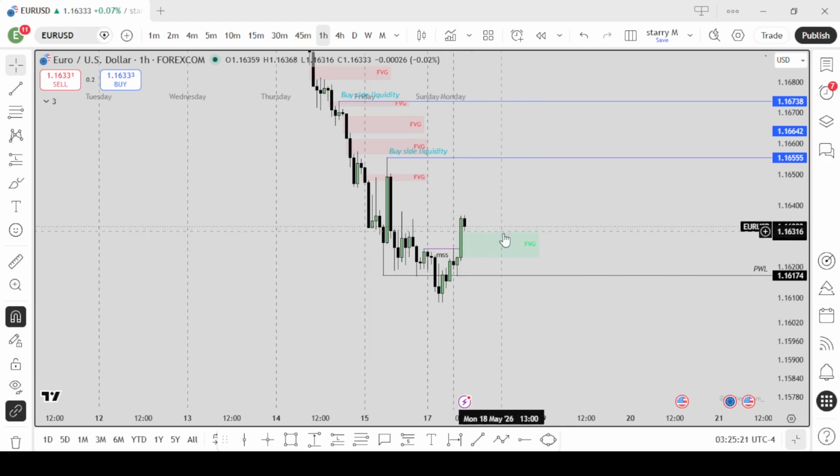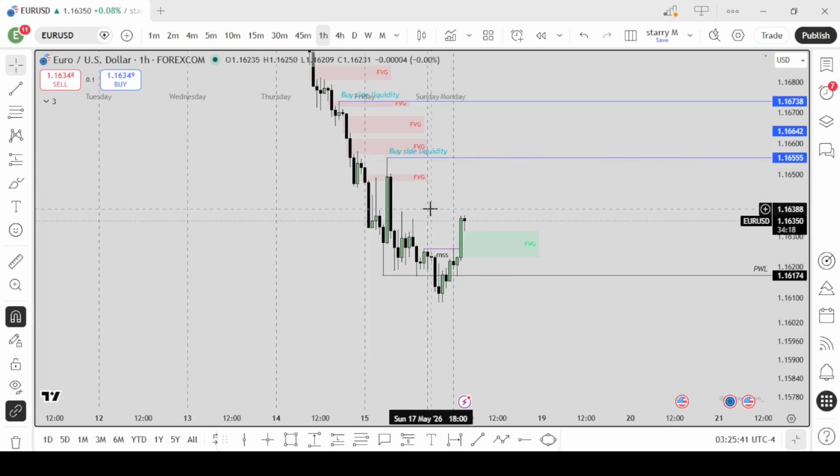When this fair value gap forms, that means we are currently on the pullback leg. We are currently in the correction phase of the market. So you can take small buys or just wait for the market to realign and make a market structure shift on the 1 hour, and then you can enter the sales with the trend. Okay,